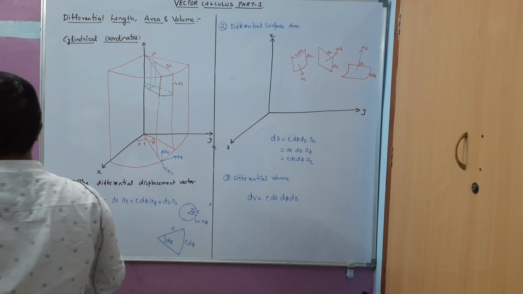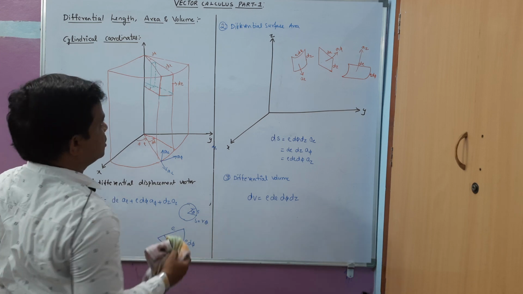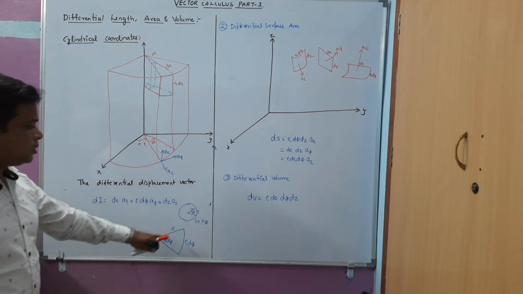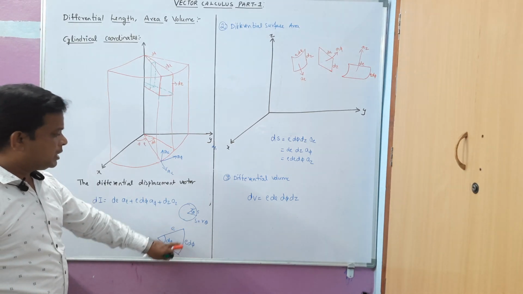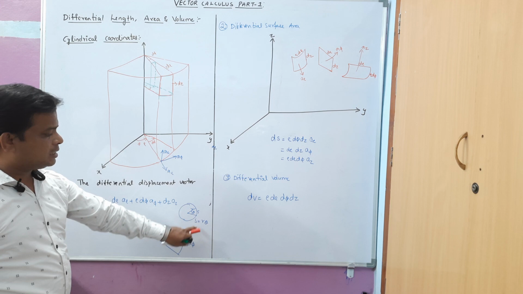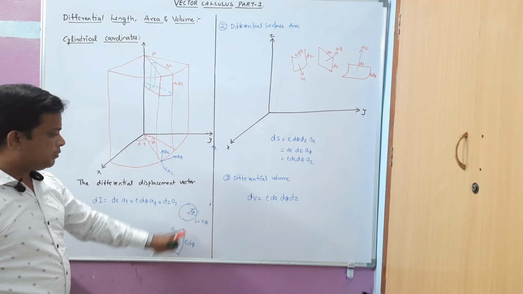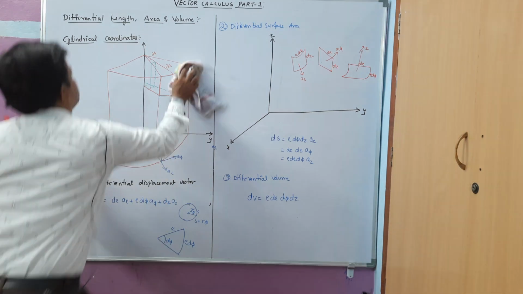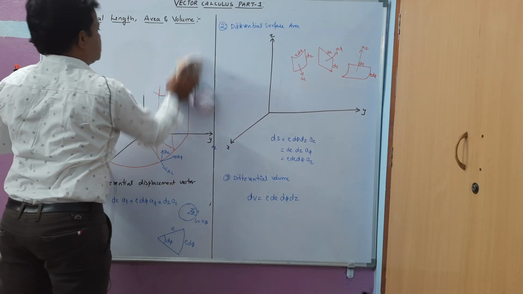Next we will talk about the spherical coordinate system. This was about the cylindrical coordinate systems. Hope it is clear to you. Just remember one point here, that we have to take the length of the arc as S is equal to r theta. We have to apply this concept here. Now let us move further to the spherical coordinates.